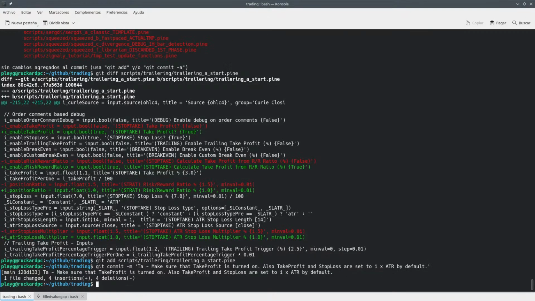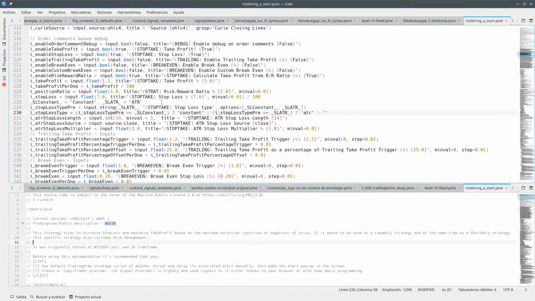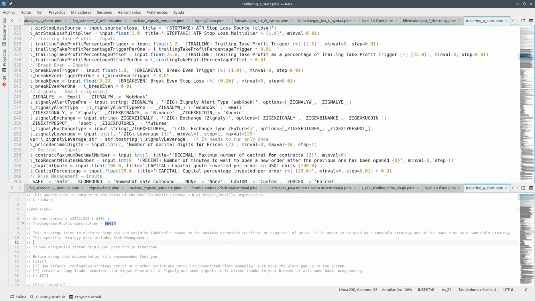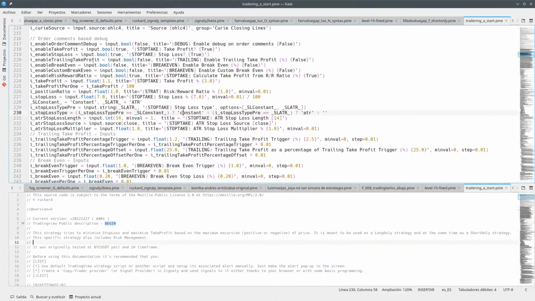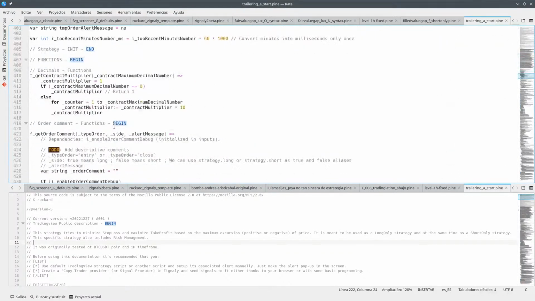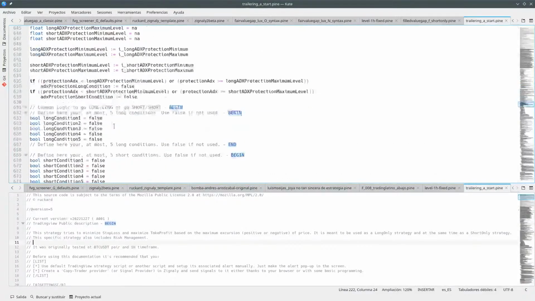Okay, there's something new. What the hell is this? So we've got this... what the hell are you? Custom break-even. Custom break-even lets you have a trailing stop loss, if I'm not mistaken, because you can use that for